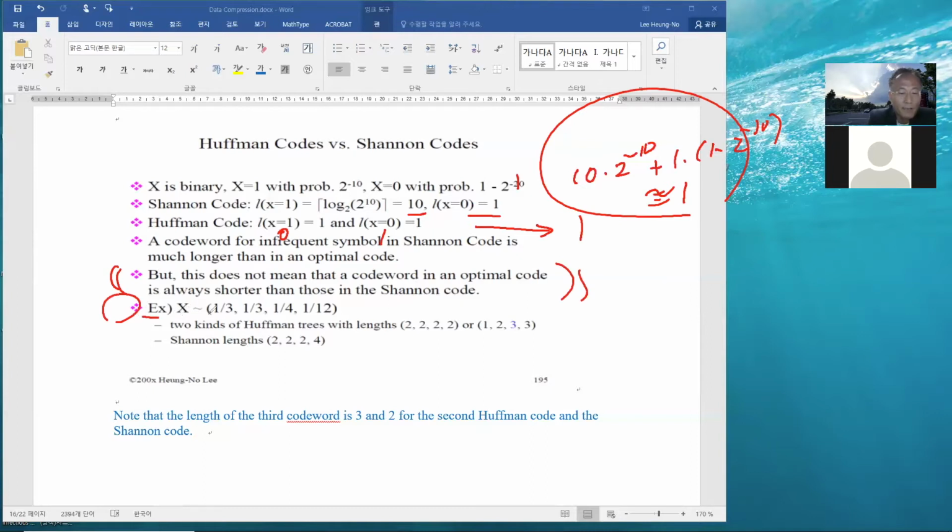This can be illustrated by taking this example. So when X has 4 elements in the alphabet, and each occurs with these probabilities, then we can construct 2 kinds of Huffman trees, which result in these length collections. And using the Shannon code,